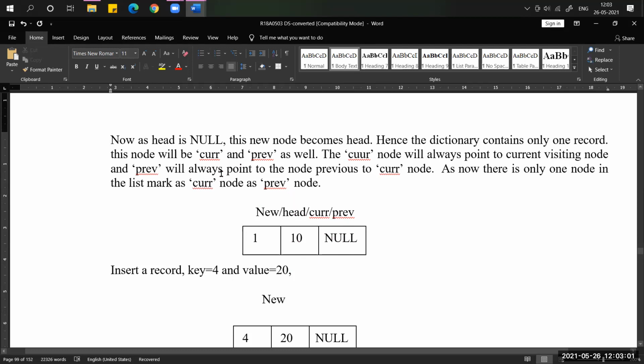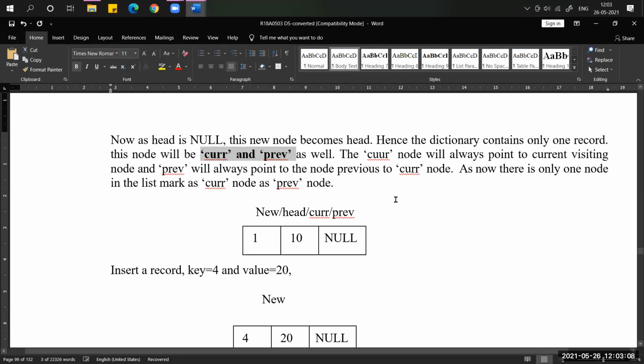So what is meant by current and previous, CURR and PREV? Current means the current node. Where have we already used these terminologies? In the case of a double linked list: current node, previous node. Every node has two link fields. What are those link fields?